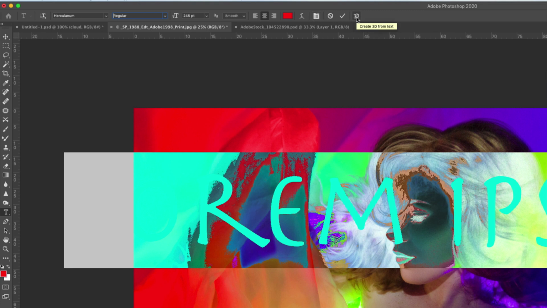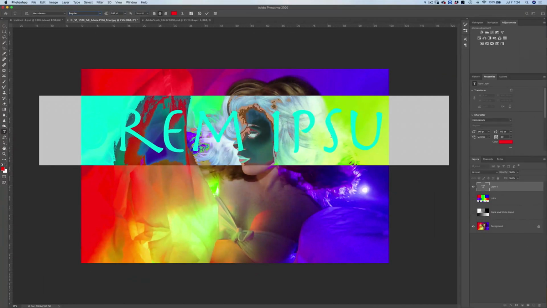Lastly, you have a bunch of 3D options for text, which we're not going to go into today, but then every time you modify text, you have this yes or no. So your accept changes or no, I don't like those changes, reject the changes. Okay, so what we're going to do first is we'll come over here, and it's currently highlighted our text. So let's change it to say Christina.